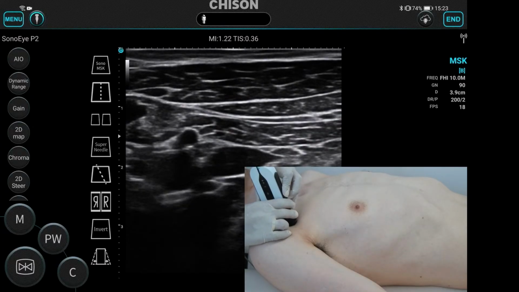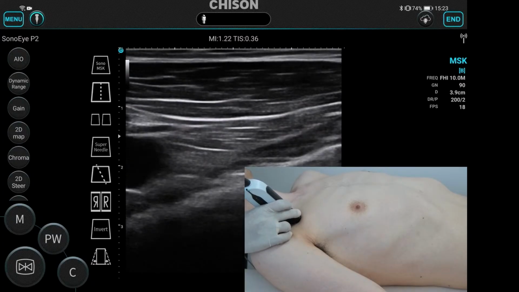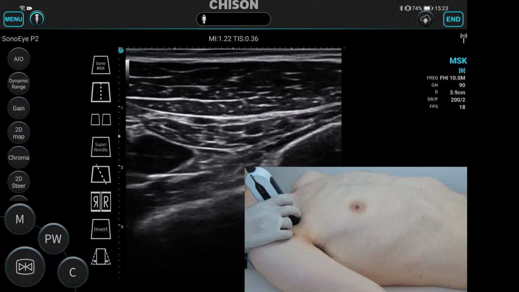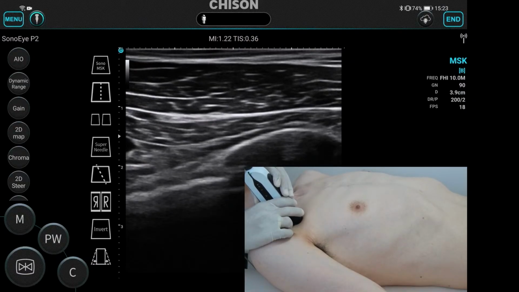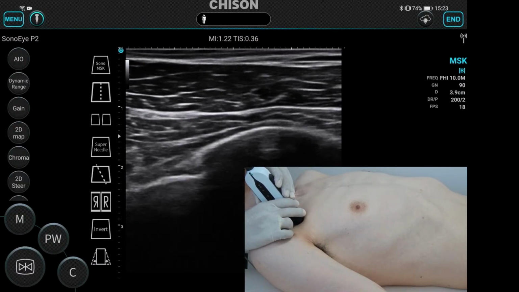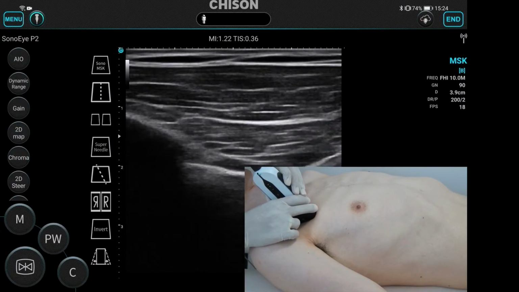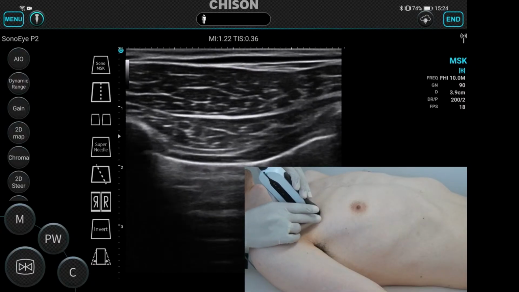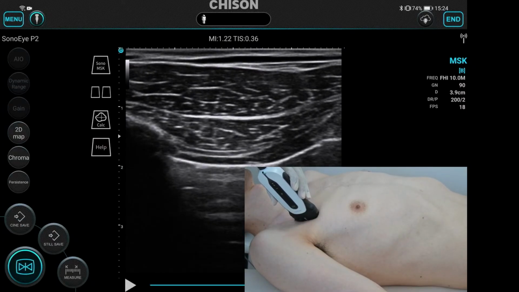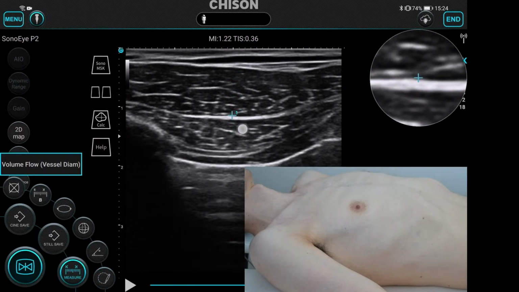So the shadow just below the axillary artery will be our second rib. So we can see the second rib very clearly over here. Now, once we start scanning, we see the second rib and we see the third rib as well over here, and you can see very clearly over here. Let me show you. If I freeze, I go to measure. If I try to trace it for you,